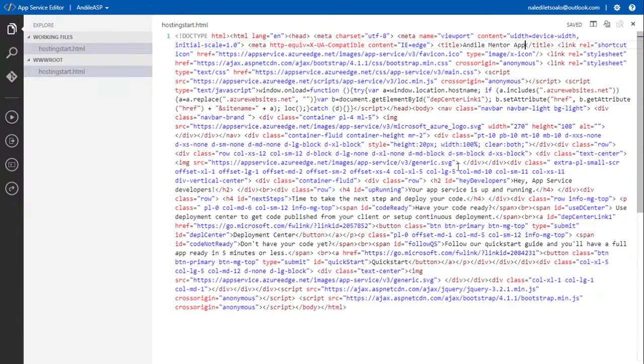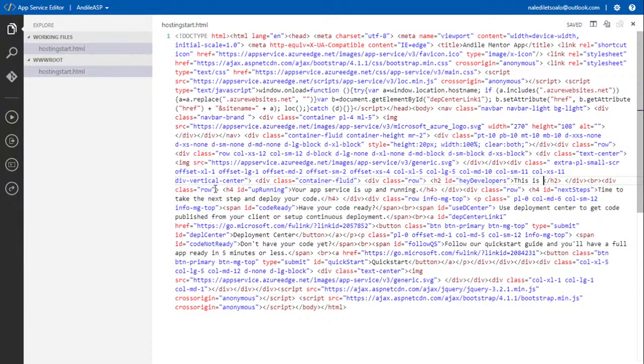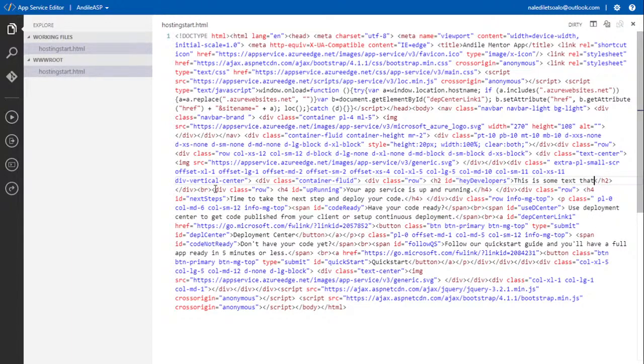Now I want to change some other things as well. So, "Hey, app service developers," how about we change that to "This is some text that you can change." All right, so there we go. We're going to change that. It's saved.